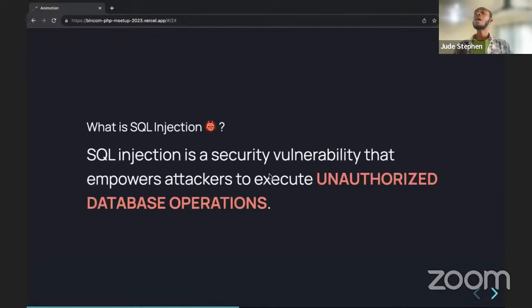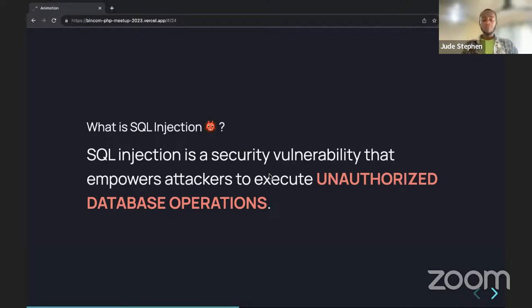This is when a malicious user performs unauthorized database operations. This attack is always focused on trying to perform actions in your database. It could be deleting those data, it could be modifying those data, it could be anything. But this SQL injection is focused on PHP applications and their database.